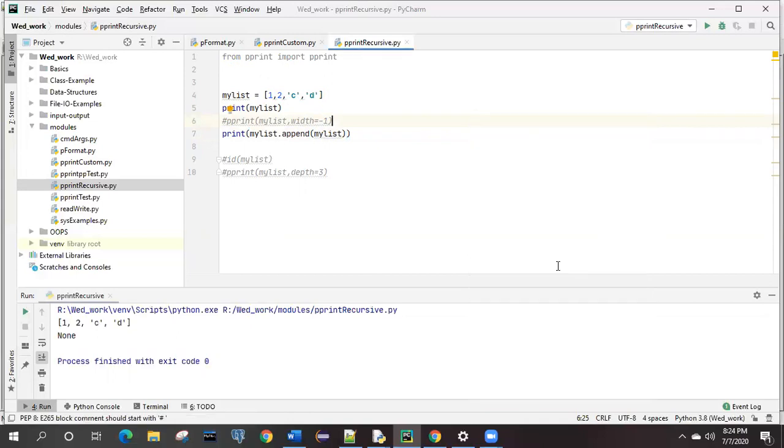Now, how is it going to print? Very sure. None. It is printing None. There may be some changes required over here. What changes will be required? Only a little bit of change is there that you need to check.